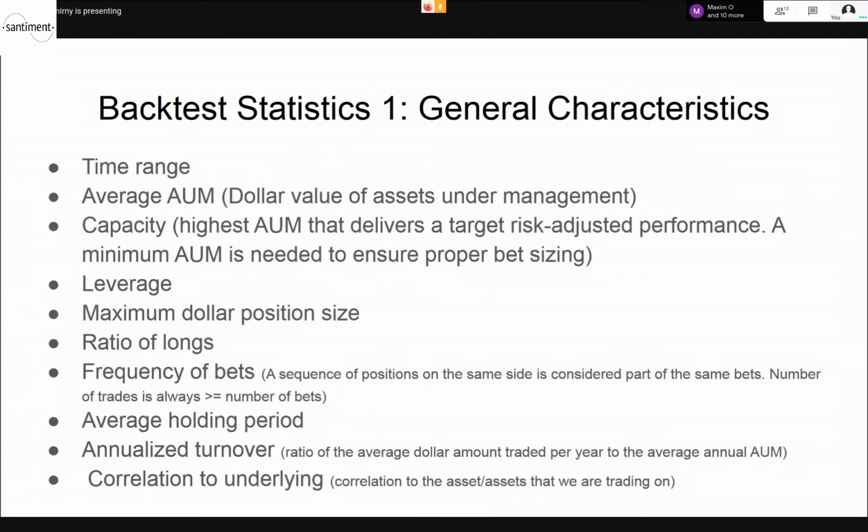So, general characteristics. He just described a bunch of these statistics. We have the general time range, average asset under management, so the average investment, how large it is, what the capacities are for this, how much leverage we have, maximum sizes, ratio of longs. In our case, we typically only have longs, so it's not so interesting. The frequency of bets,